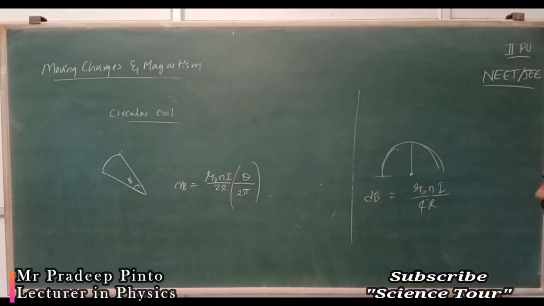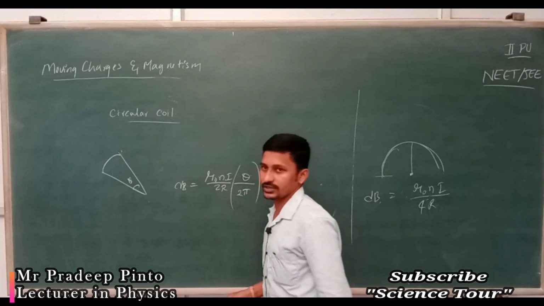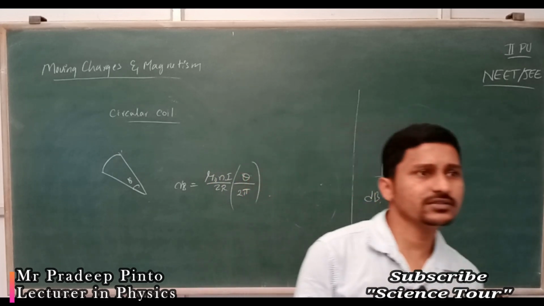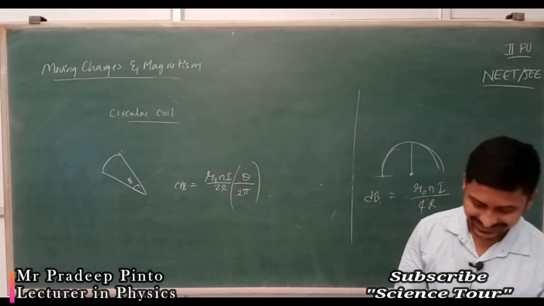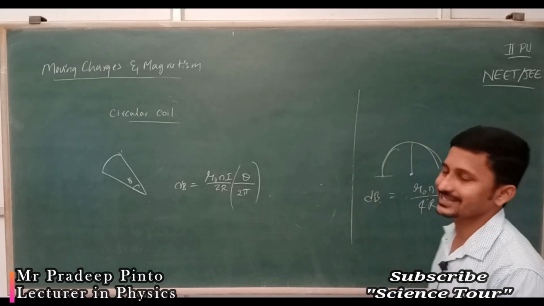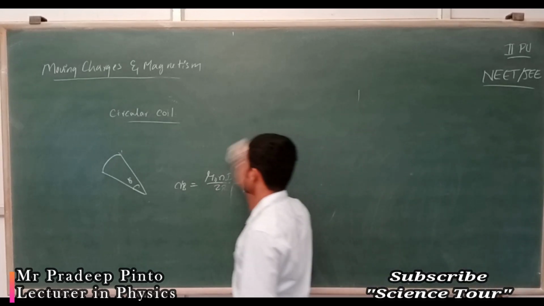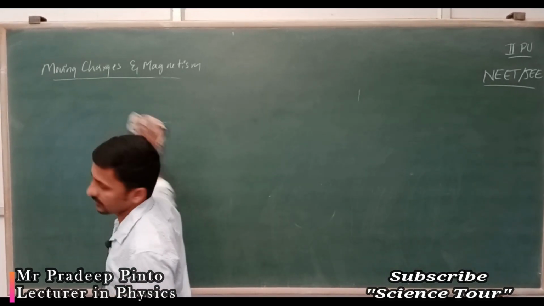Usually we won't get n here, the number of rotations won't be there, but if it is there, then you have to apply it, that's all. N is optional, you can apply it where it is necessary, not everywhere. Okay, that is the thing. So again, in this, problems will come.